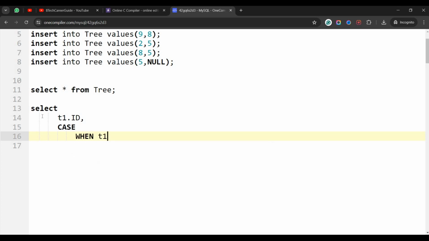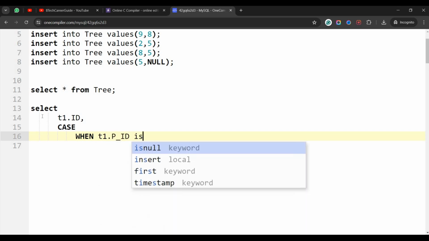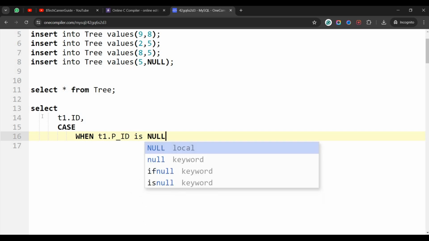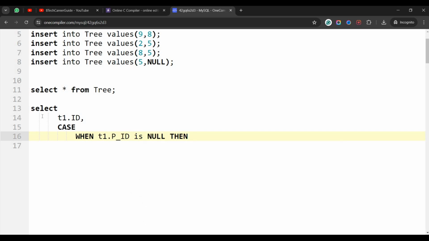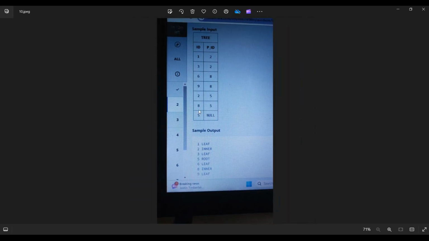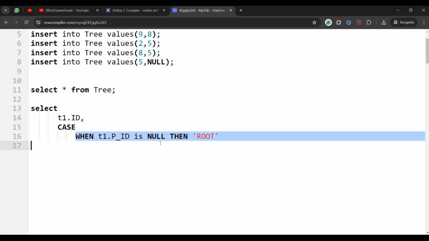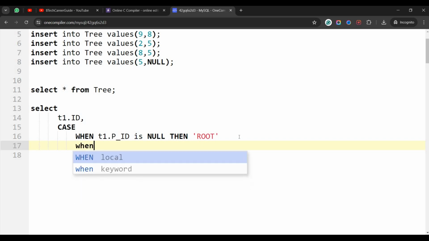t1. So let me explain what t1 is. T1 is nothing but the aliasing of the tree. If parent id is null, then indirectly it is called the root element, right? So that's what we get to know here. So the PID is null, we'll be making the corresponding 5 value as the root value. So we are writing a case to check whether PID is null, then return the root element. Okay, and then when not, in case it is not a root element,